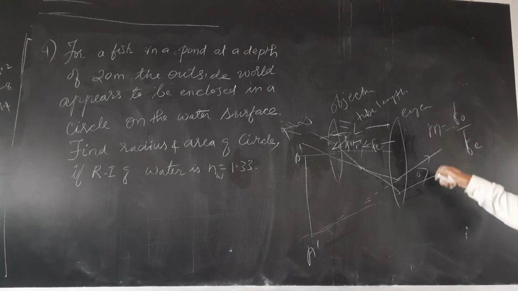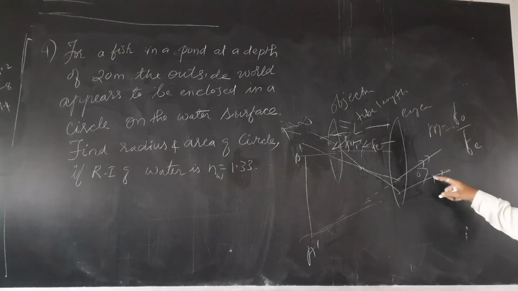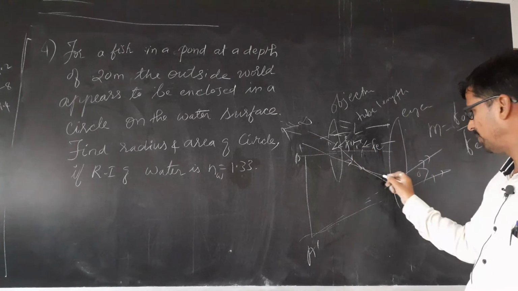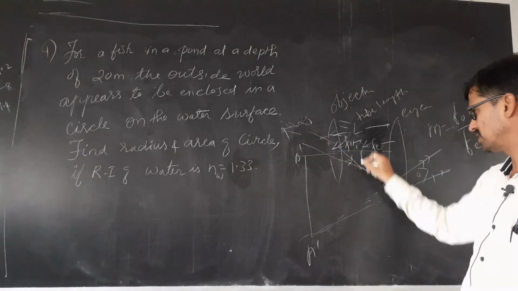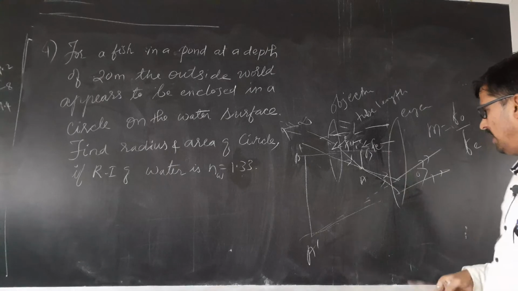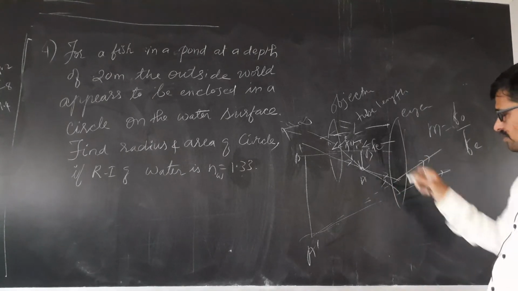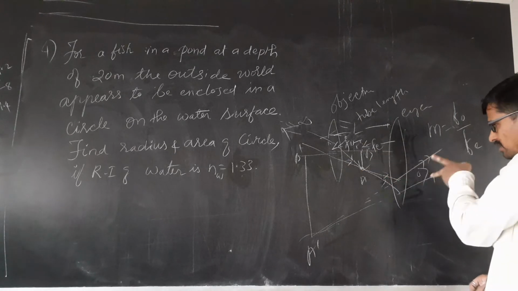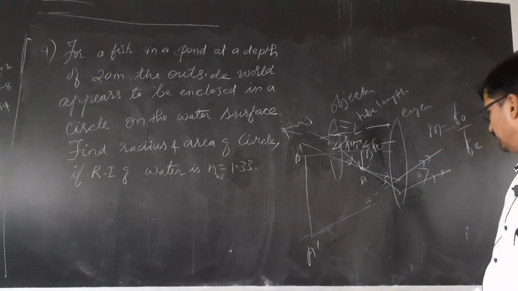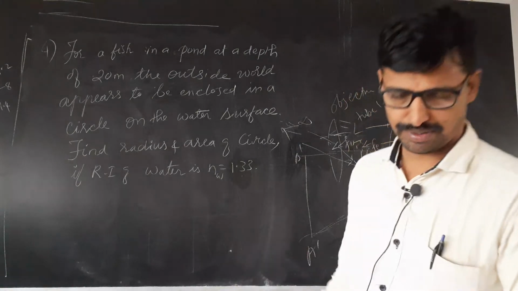You should remember the formula. You should also remember the ray diagram with appropriate arrow marks. Object should be at infinity. This is the first image, AB, and this image will serve as the object for this lens. This is the object, its image is here. Okay, next we will deal with the problem now.